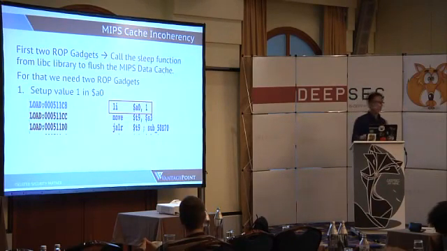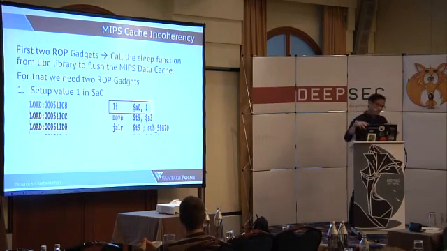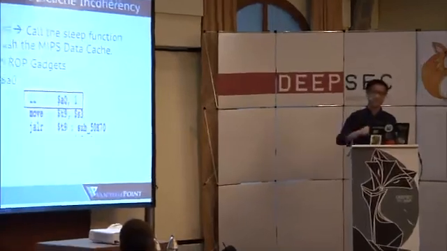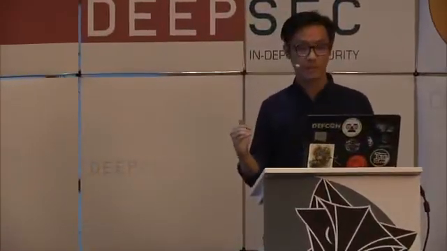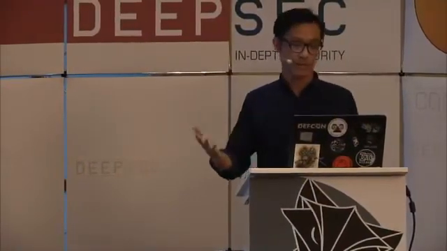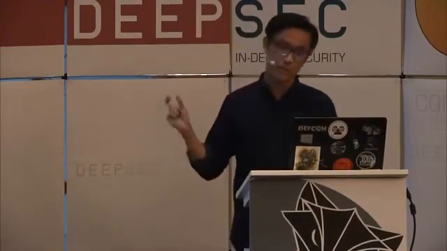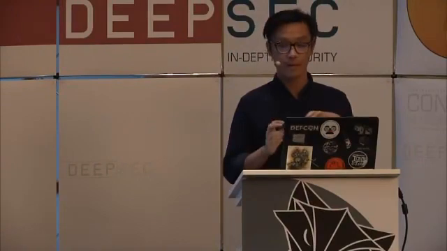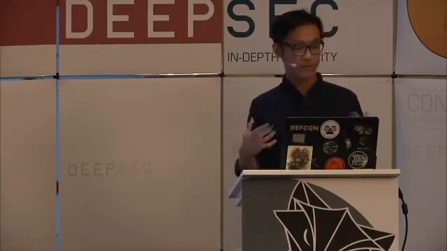So what are ROP gadgets? For example, in the HTTP binary, if you put it through IDA Pro, there's a stack of instructions. By using any of these instructions in the binary, these are your ROP gadgets. What I did was use the libc library, which is attached with the HTTP binary, and go through the libc binary to look for the sleep function.